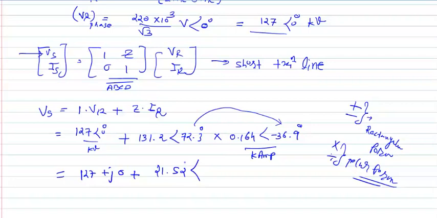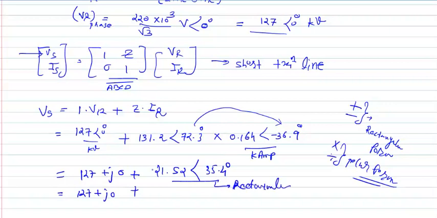And what about the angle? The angle will be the summation, so 72.3 minus 36.9. So it is 35.4. So this will be at an angle of 35.4. Now we need to convert this into the rectangular one. Then we can do the summation. So tell me the answer of this polar, sorry, rectangle.